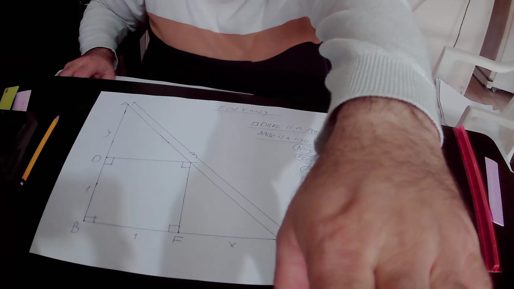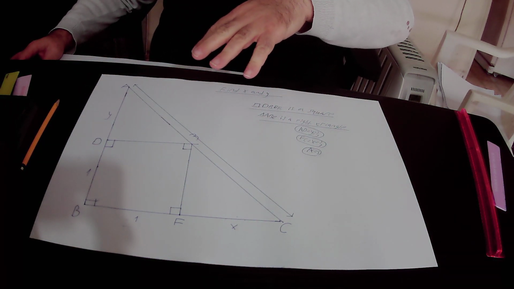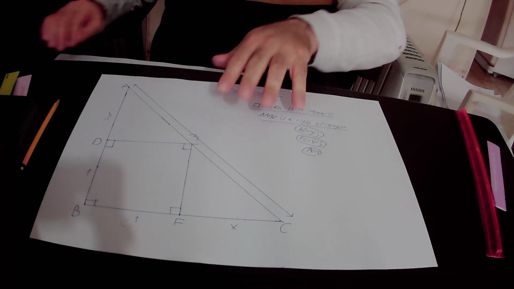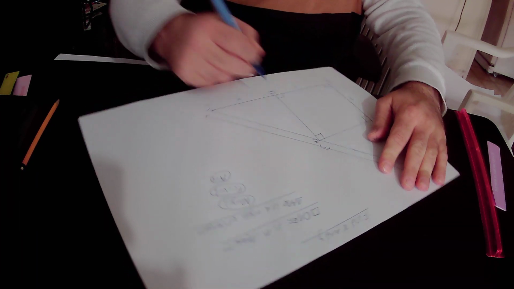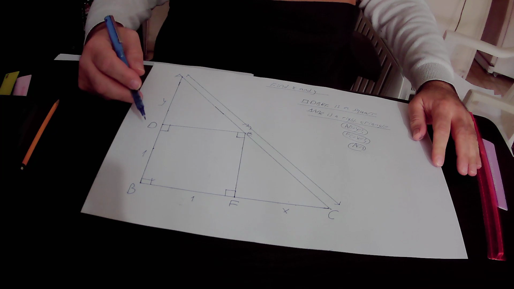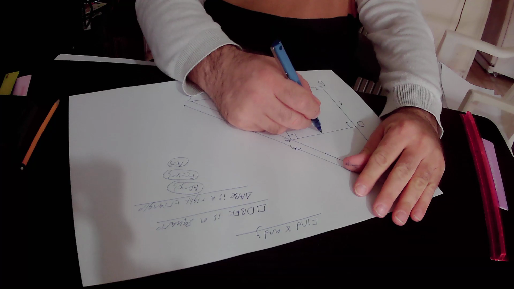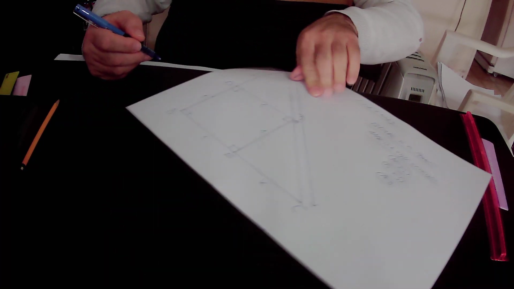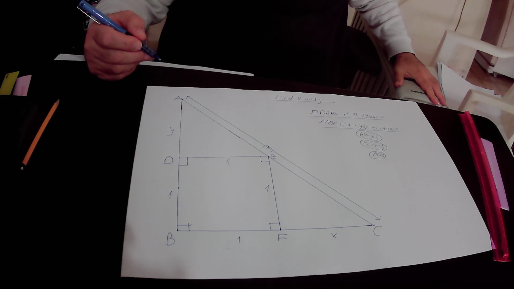Hello, in this lecture you will find out the values of line segments X and Y. In the drawing we have square DEBF. We know that one side of this square equals 1 unit, so all of its sides are equal to 1 unit, and the square is inside the right triangle ABC,